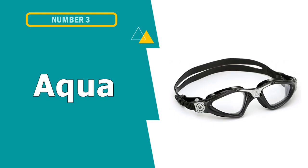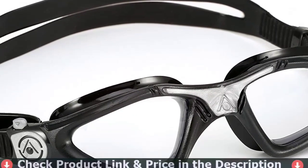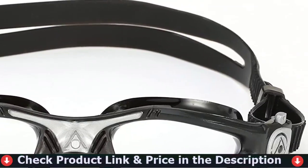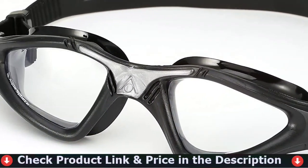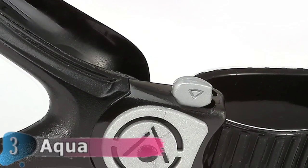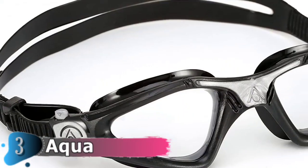Our third choice is Aquasphere Cayenne Swim Goggles. If you want a little more eyeball room, the Cayenne are the best swim goggles for you. Their oversized lenses sit around the outside of your eye socket, providing 4-point vision without getting too high off your face. Sometimes you don't want something sitting right up on your eye sockets. Though it can't be swapped out for a different size, the nose bridge is still designed to be comfortable and secure thanks to an interior stabilizer that keeps things steady as you adjust the goggle straps using the one-touch button